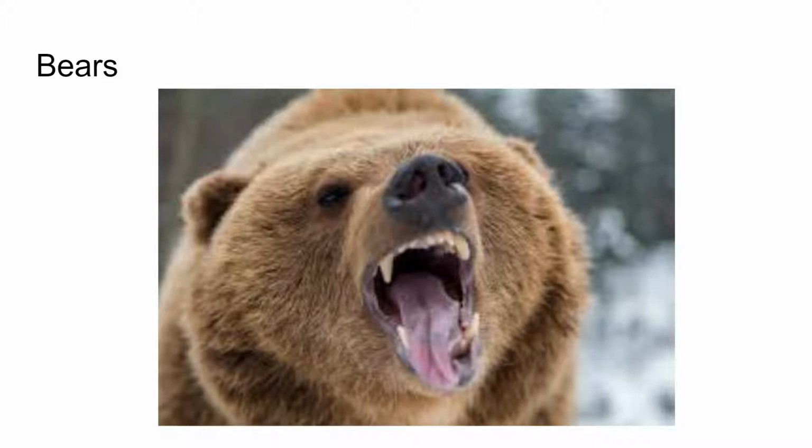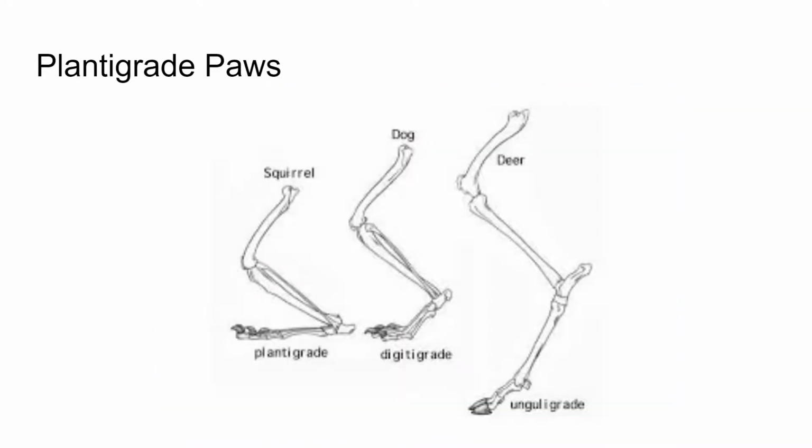They have large bodies, long snouts that they're known for. We'll get into that in a little bit. They have something called plantigrade paws. Plantigrade just means that the whole paw is on the ground as opposed to just the toes, like a dog, or even the very tips of the toes, like a deer and other ungulates. We are plantigrade mammals as well. Just to give you an idea, they have usually large, unretractable claws.